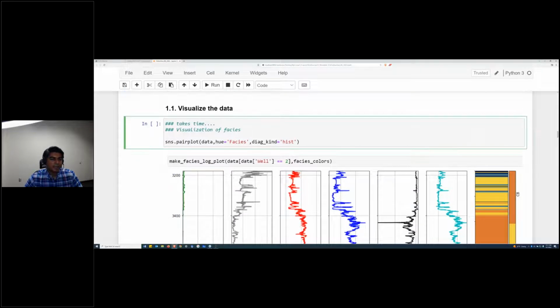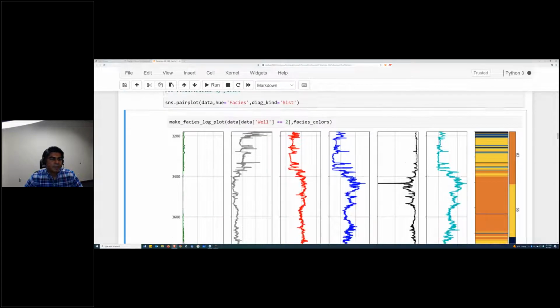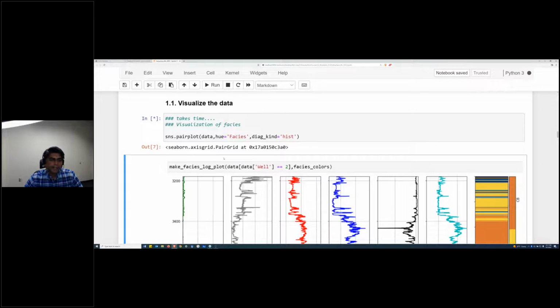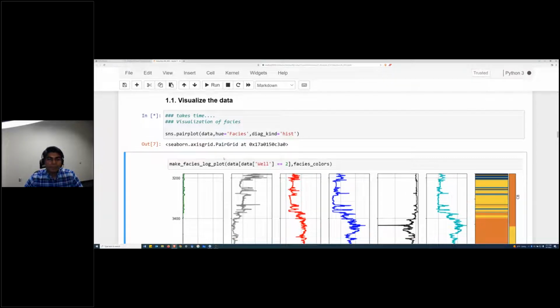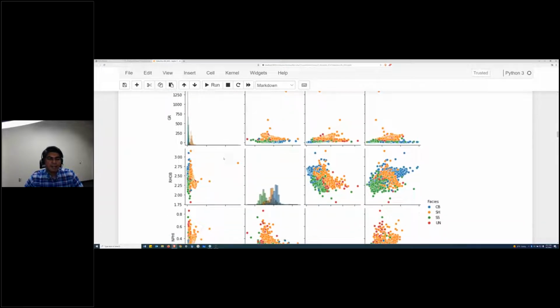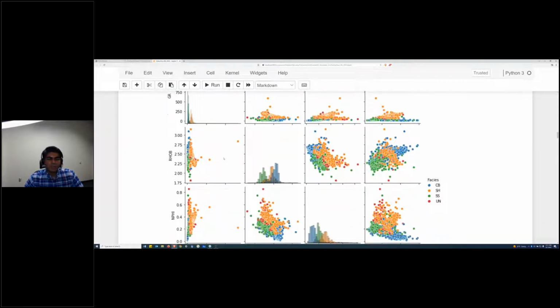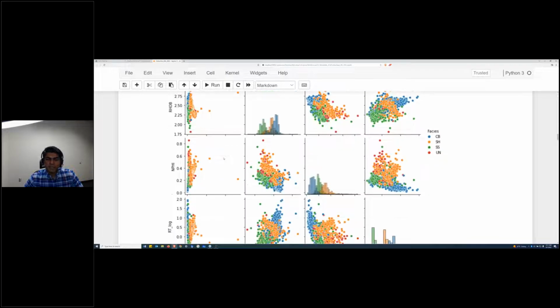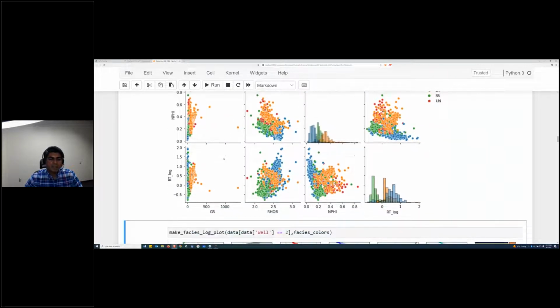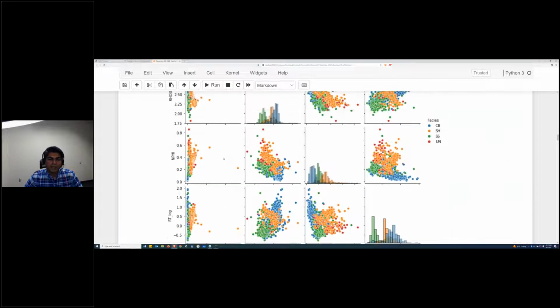Let's go ahead. Let's look at the distribution of the data. How does the data look like? Before we do anything in terms of model development, we need to visualize the data. There are a lot of dimensionality reduction techniques that can be applied. In this case, I'm just applying a 2 by 2 kind of a representation. I'm putting the data in 2D. It's not a dimensionality reduction. This is just showing the 4 facies distributed